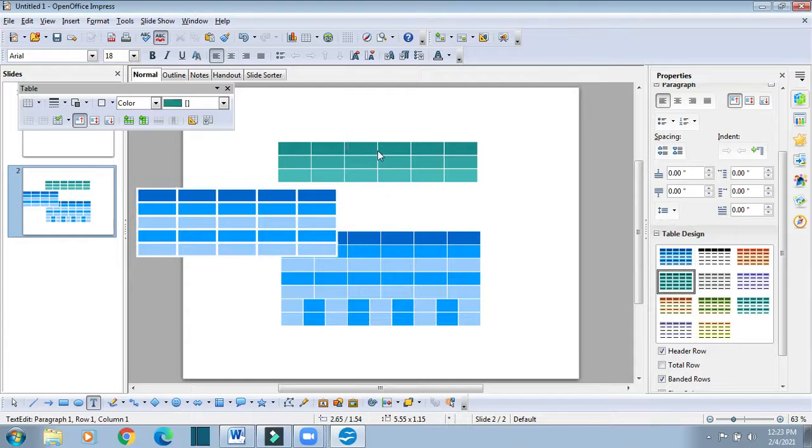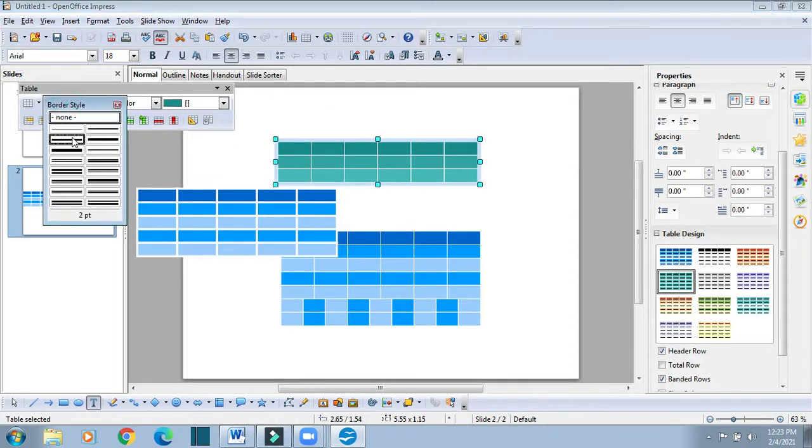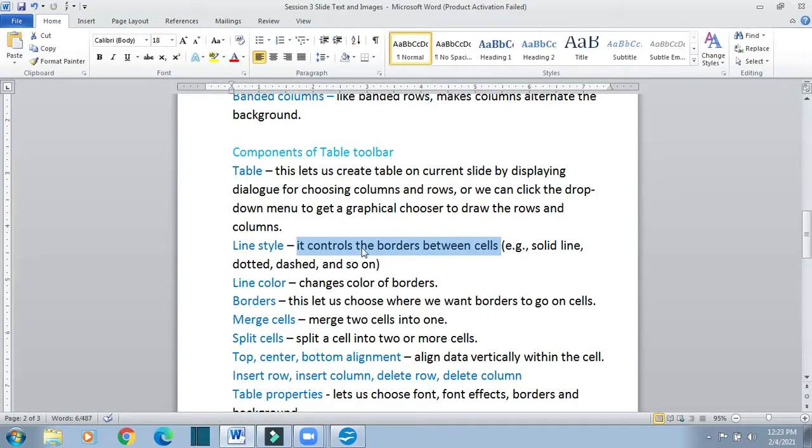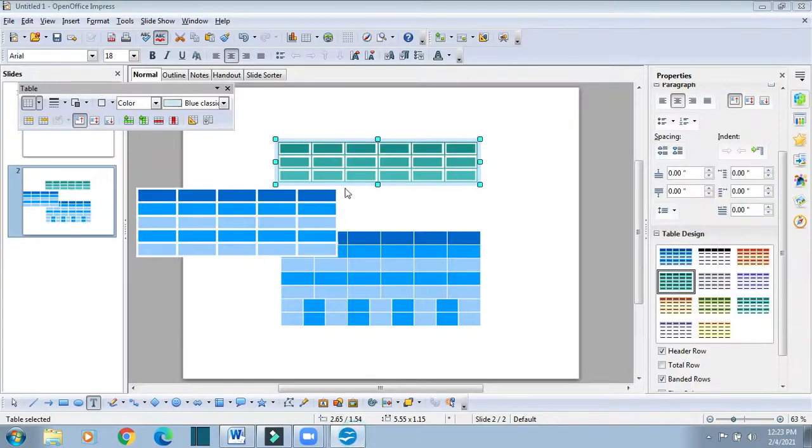Here in this table also we will select the table, then click here and select the lines. You can see it got changed. So it controls the borders between the cells. The borders of the cells got changed.